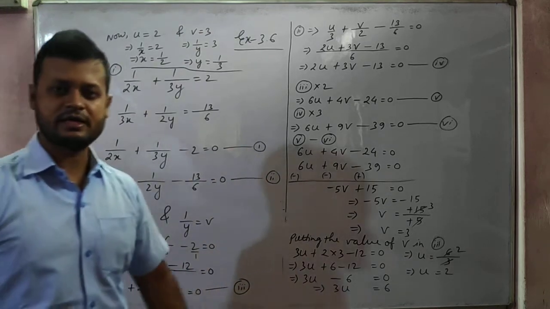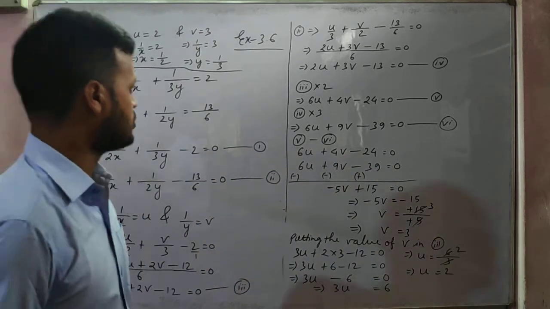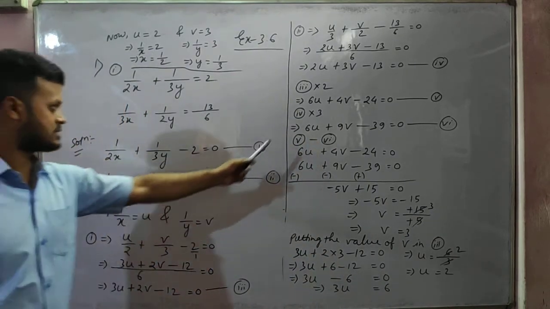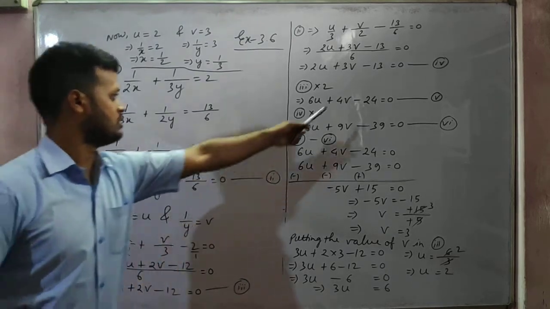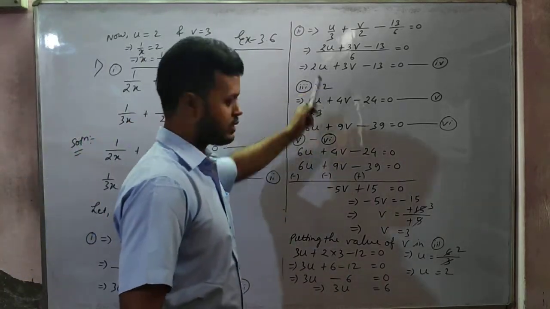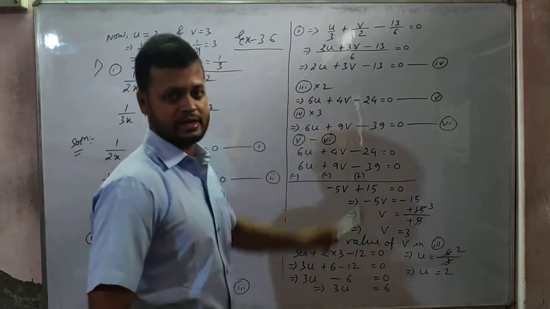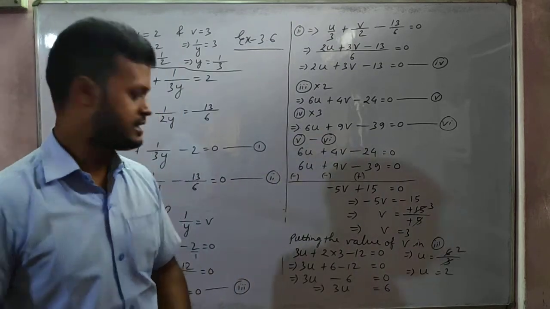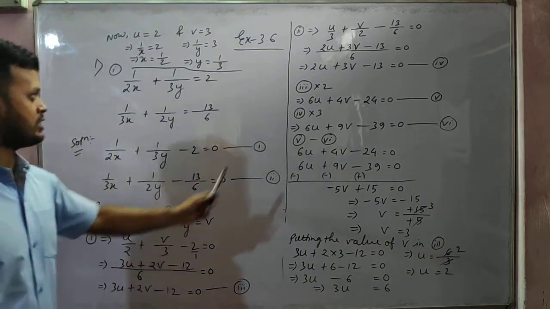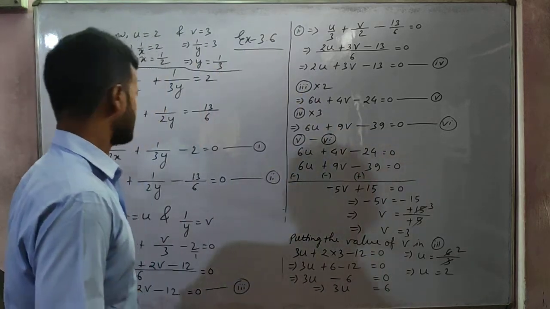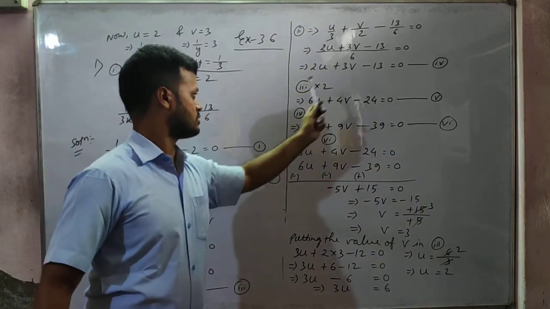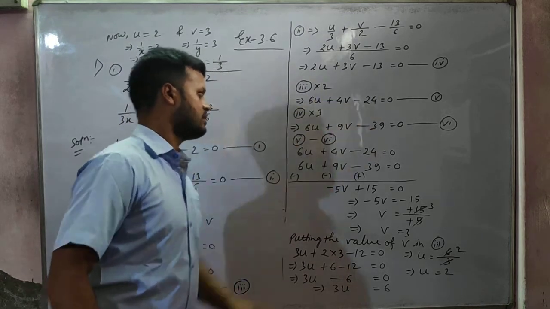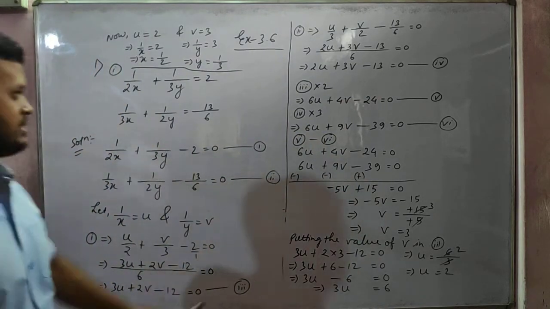In place of 3, if I want to make 6, what number do I have to multiply? I will multiply by 2. So this equation 3 I am multiplying by 2. 3 into 2 will be 6, 2 into 2 will be 4 and 12 into 2 will become 24. Here also before u there is 2. In place of 2, if I want to make 6, with what number will I multiply? I will multiply by 3, because the LCM of 2 and 3 is 6. So this equation 4 I will multiply by 3. 3 into 2 will become 6, 3 3s are 9 and 3 into 13 will become 39. These two equations I will mark 5 and 6.